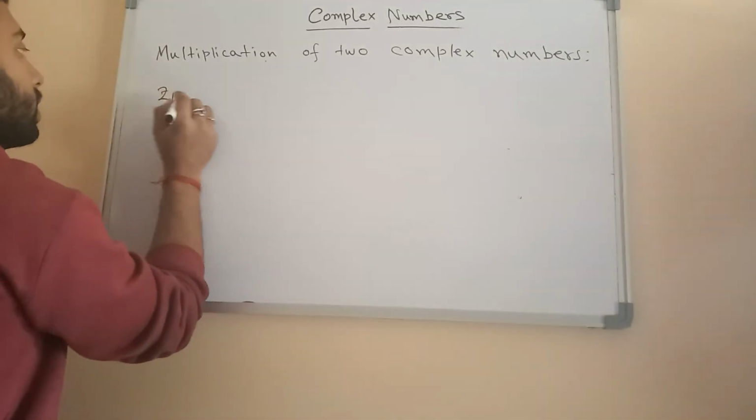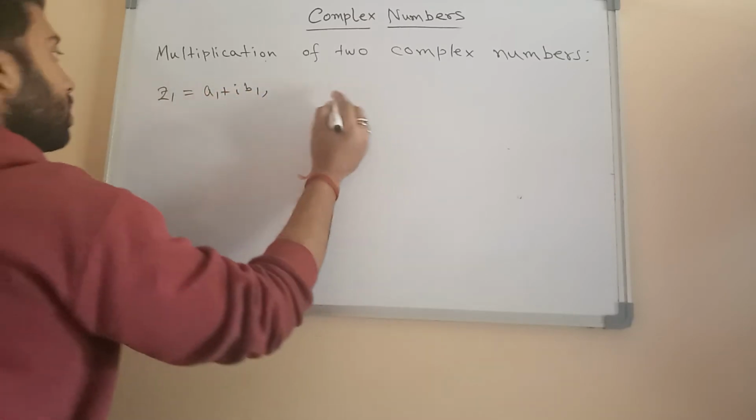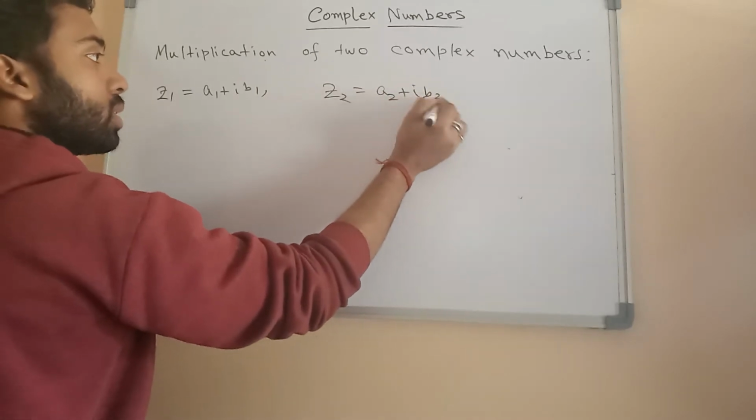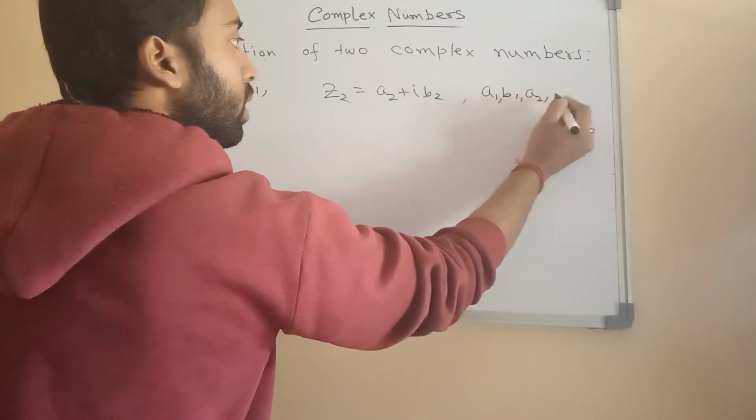So similarly, take z1 equals a1 plus ib1, z2 equals a2 plus ib2, where a1, b1, a2,